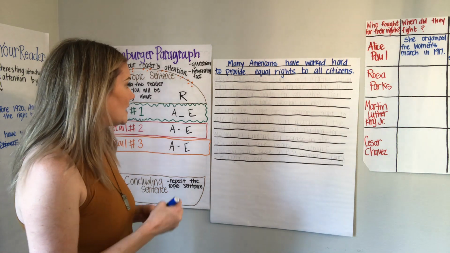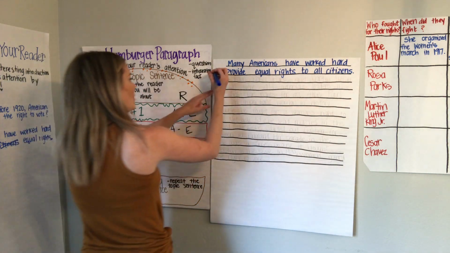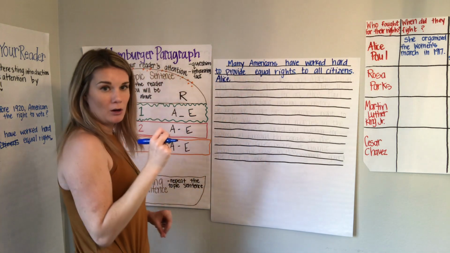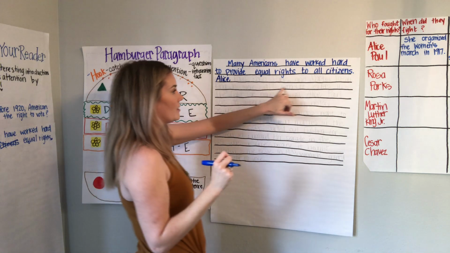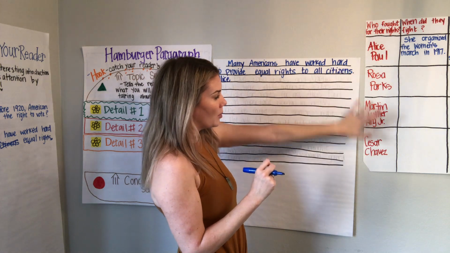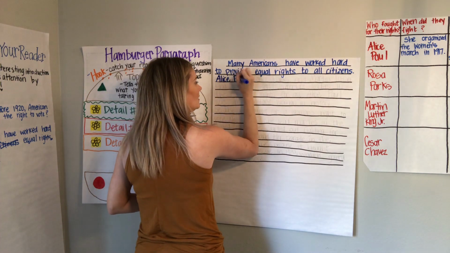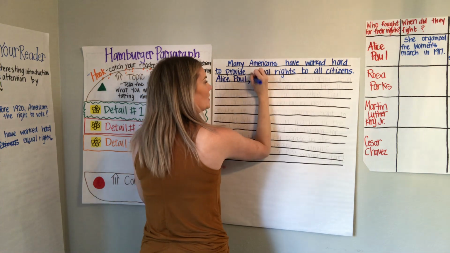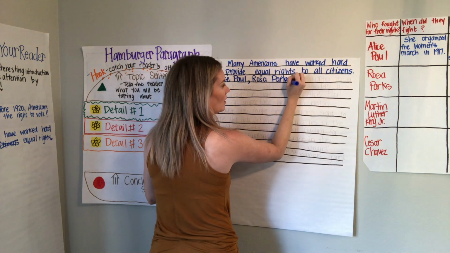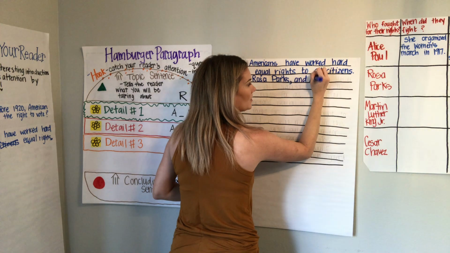So I'm going to write that in my topic sentence and say that they were important leaders in fighting for our rights. So I'm going to keep going and I'm going to list the people that I chose. You are all going to have Alice Paul, like the Alice Paul detail, and then it might be different. You might not have Rosa Parks, you might want Cesar Chavez and Martin Luther King, or you might want Rosa Parks and Cesar Chavez. Any way you want to mix it, but it will start with Alice Paul for everyone. So Alice Paul, and my choice was Rosa Parks, comma, I'm making a list of people, so I write commas between them. And my last one, I write the word and,